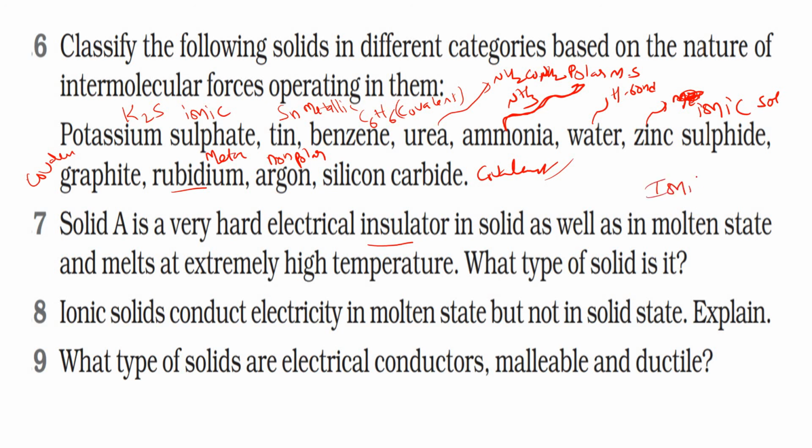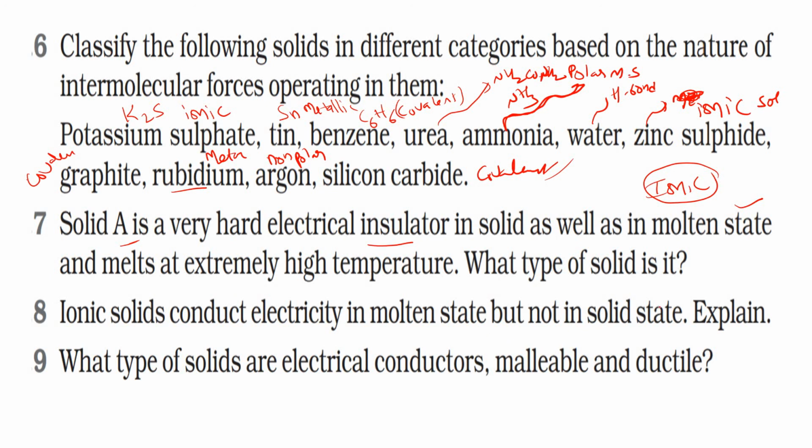Ionic compounds are also hard in nature, and in the solid state do not conduct electricity, but in molten state they can conduct. So A will not be ionic, because in molten state ionic compounds will conduct electricity, but A is not conducting electricity. It is an insulator. So it is not a metallic solid because metallic solids are conductors. The one remaining is covalent network solid. It is not even graphite, because graphite is a good conductor. Maybe diamond, maybe silicon carbide. So it will be a covalent solid.